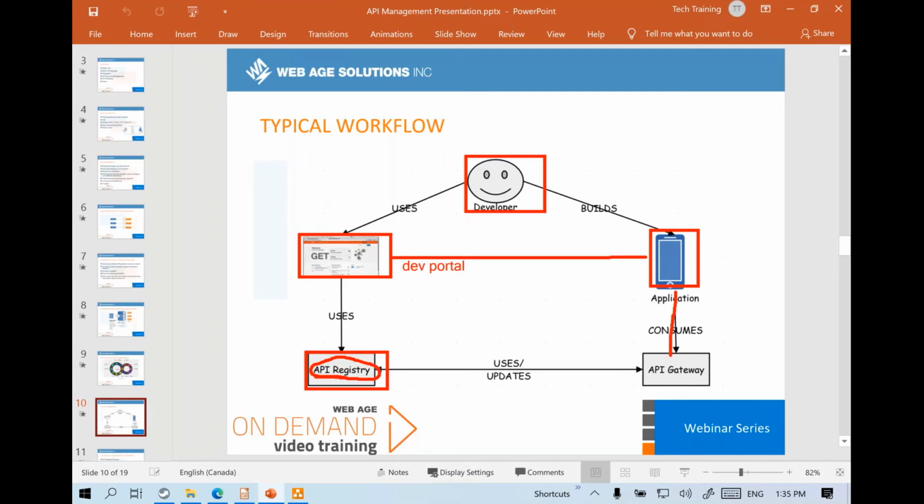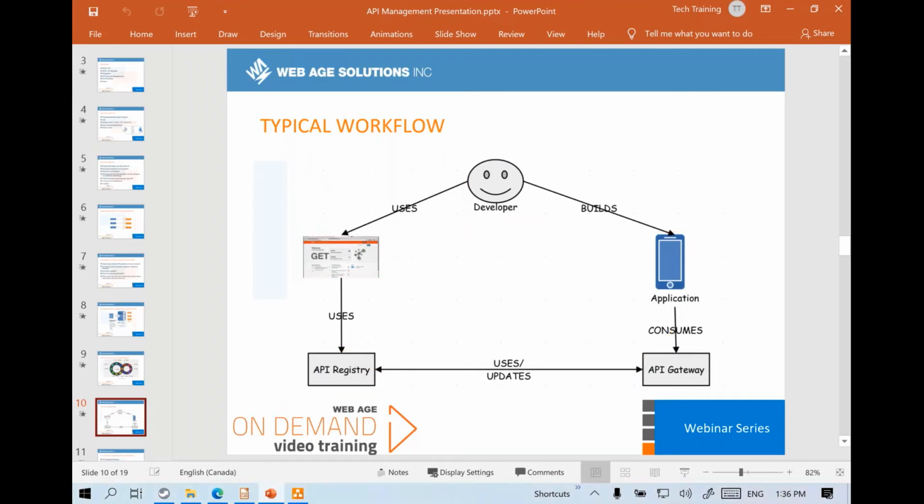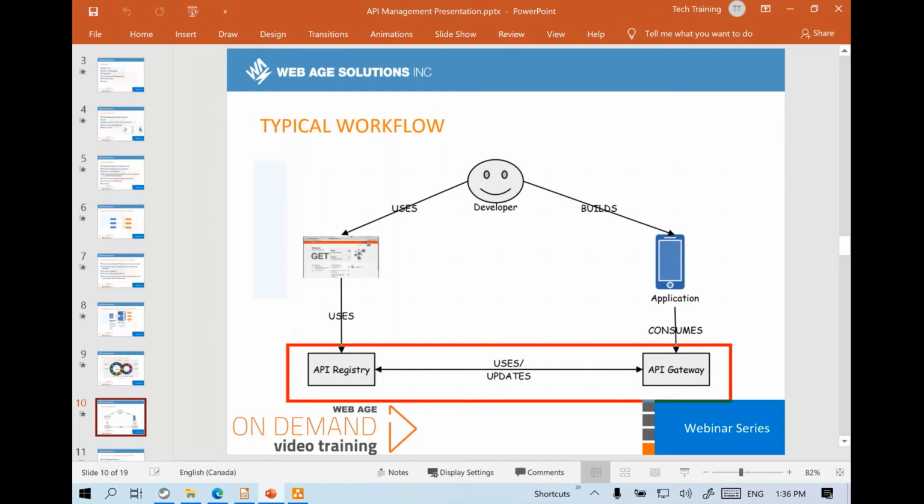So the application will basically consume the services from the API gateway solution. And you keep on adding more services to API registry. You keep letting developers explore and discover your services. They keep on developing more applications and so on. So the API registry and API gateway, ideally we should maintain these at the corporate level so that other developers should know how they're supposed to access some data. Not the database server, but the data as REST APIs.